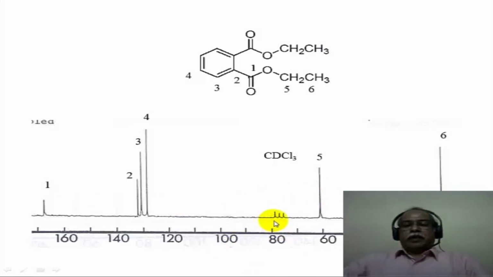Now if you observe carefully, there is a 3-line pattern coming around 77 ppm or so. This is around 77 or 76 ppm. This is because of the solvent peak. Remember, solvents also contain carbon, which contains carbon-13, so they would also appear in carbon-13 spectroscopy. Unlike in proton NMR spectroscopy, where a deuterated solvent will not show up in the proton NMR spectrum, the carbon-13 spectrum will have signatures of the solvent peaks also.